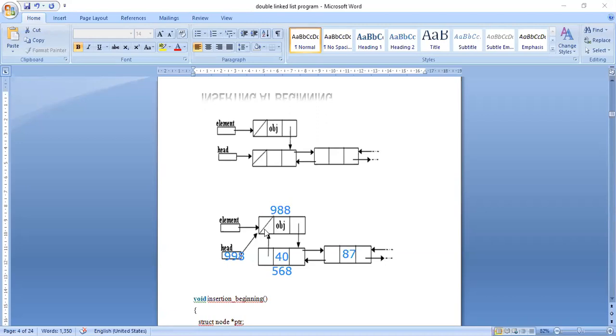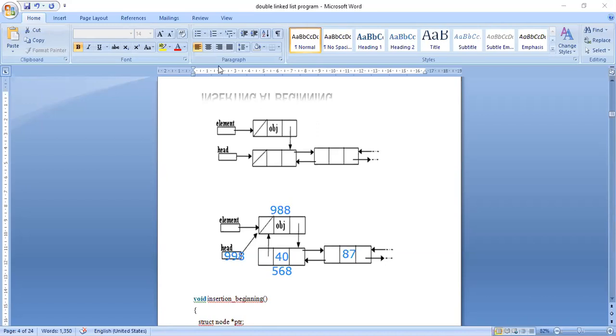So previous part as null. Okay, that's all. And next, in the next part of OBJ, that is newly entered element OBJ, what I have to do? I have to keep the address of first node, that is previously head value I have to keep in this OBJ next.